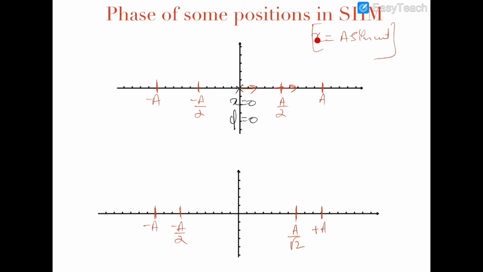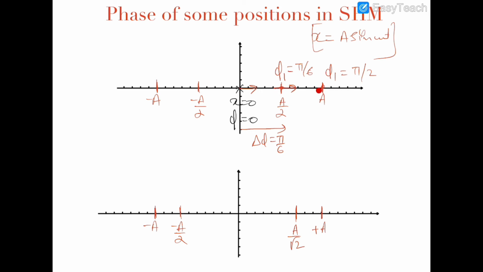So if we substitute the value of x is equal to a by 2, then sin theta is 1 by 2. Now we know that sin theta is half at 30 degree. So the change of phase when the particle moves from this position to this position, delta phi, is pi by 6, which is 30 degree. So the phase of this position for the first time is pi by 6. Now when the particle reaches this position for the first time, a, then the phase becomes pi by 2. This we have already discussed.